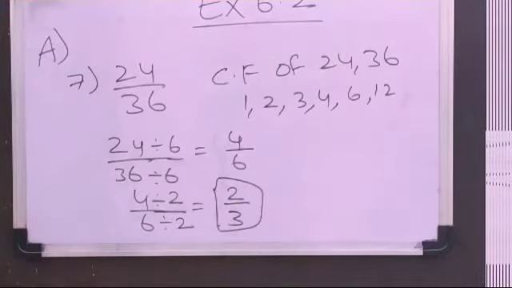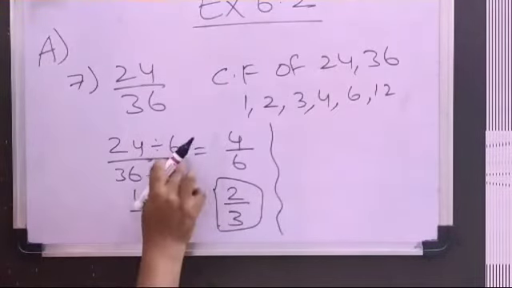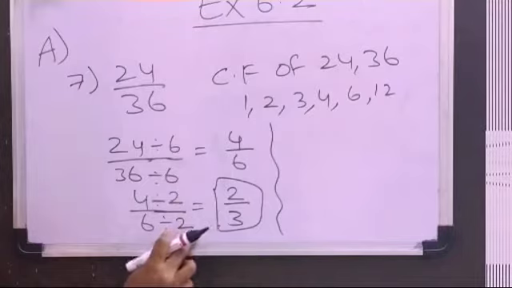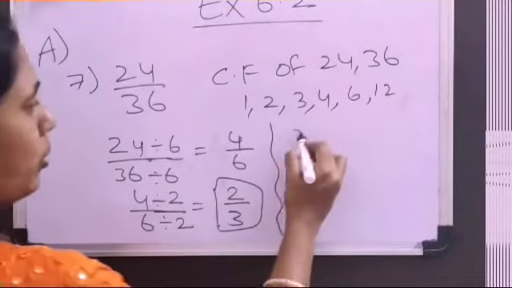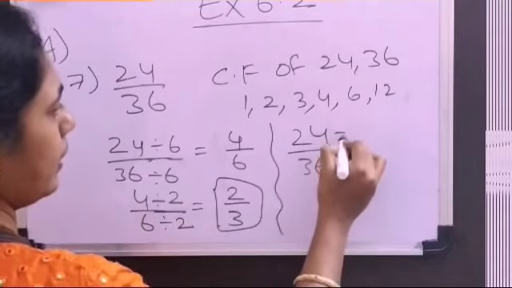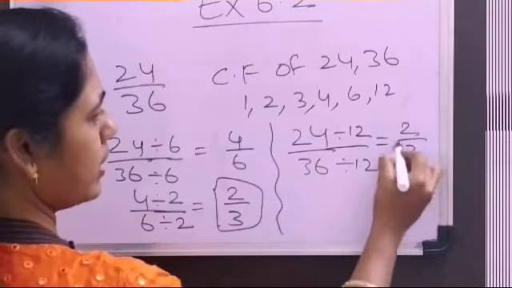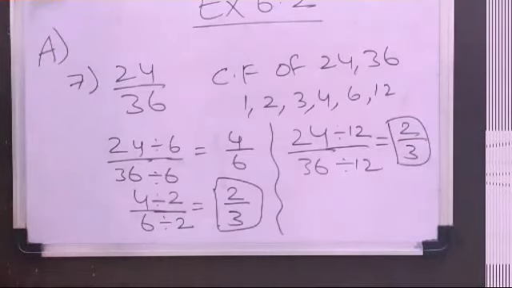Okay, so in this way, now when you see the question, you might be thinking why I should take only 6, why I should take only 2. There is no hard and fast rule. What you can do is, 24 by 36, I can directly divide with 12 also. 12 2s are 24, 12 3s are 36. So it depends on how you think. The more sums you do, the more practice you do, the more analysis of the question you will be getting and you can do it.